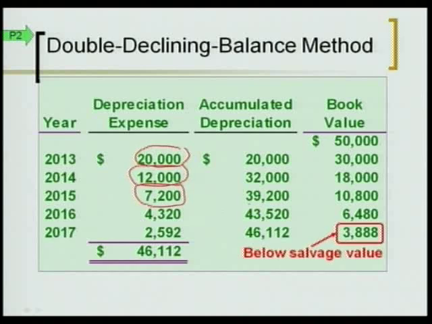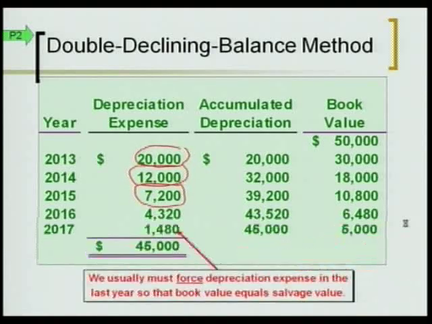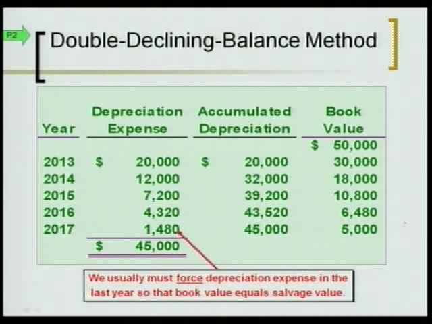Now remember though, we only depreciate down to, well, let me back up. Here we have depreciated below our estimated salvage value. We can't do that. This ending number has to be what our salvage value is. So sometimes we have to force that last number because we want an ending book value when we're done depreciating